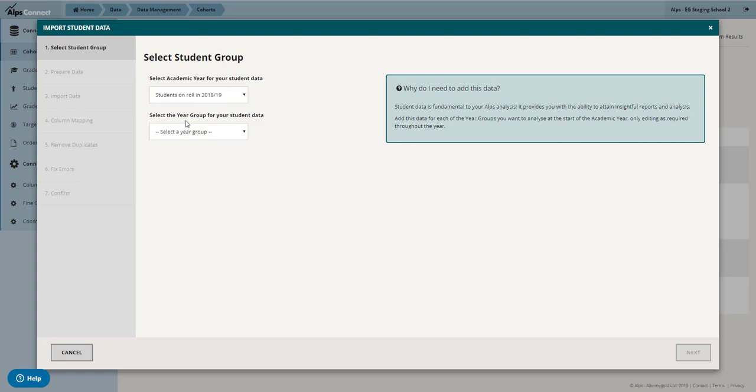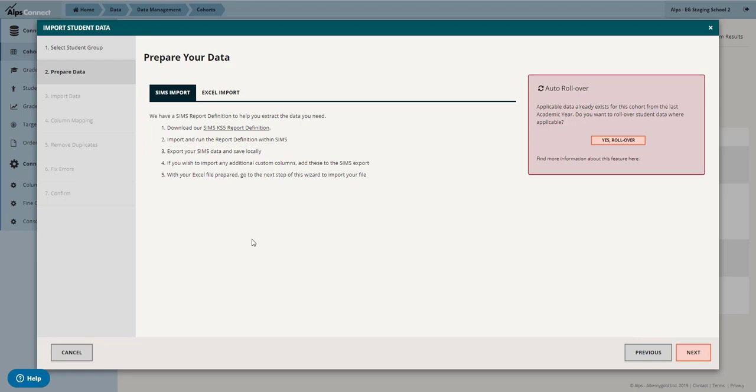It then asks me to select the year group for my students. So I'm importing my Year 13s today, so I'm going to select Year 13. And it gives me a prompt to say that this is going to import data for my Year 13 students in 2018-19. So now I can click Next,